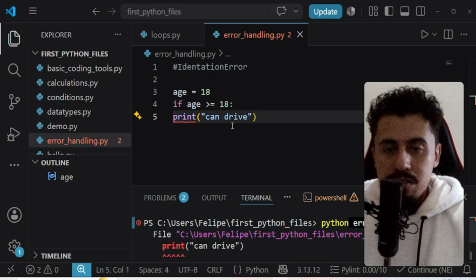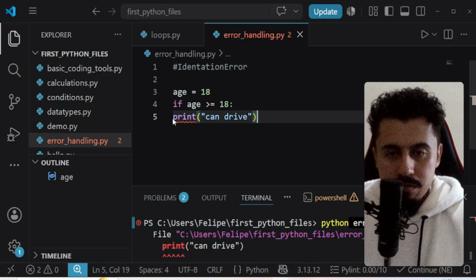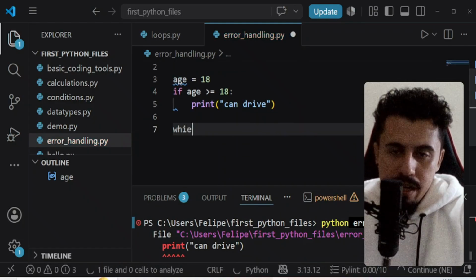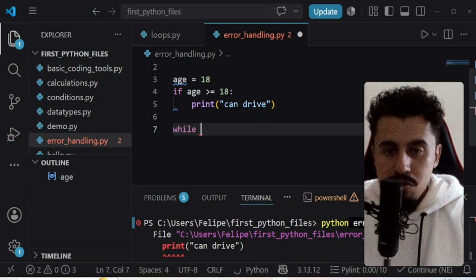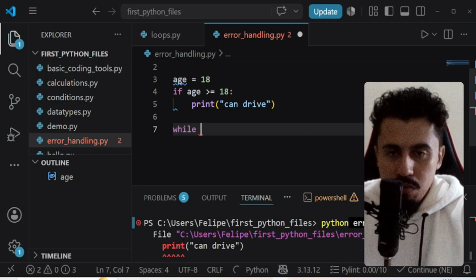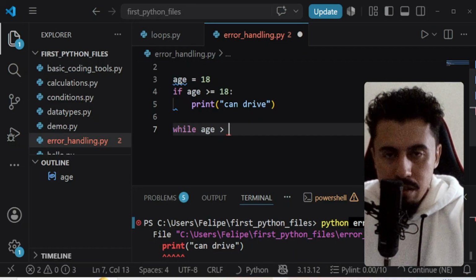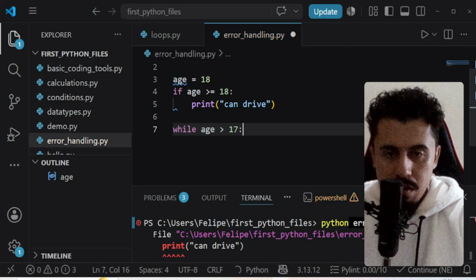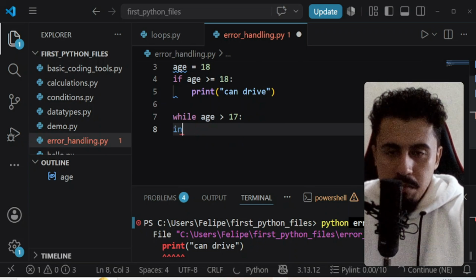So the indentation error is pretty common. Let's write another type of code that needs to be indented in order to run properly. So while age is greater than 17, input